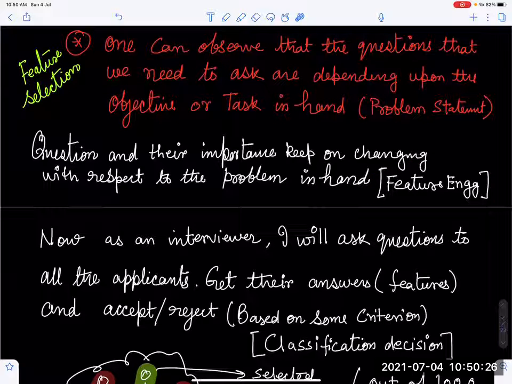A huge amount of time was previously spent on this in the pre-deep learning era. In machine learning, you have two separate things. One is, you give me the best possible features, and the other is, give me any features, I am going to do classification for you. So one engine or algorithm has to give you the features, and the other is going to give you the best possible classification.